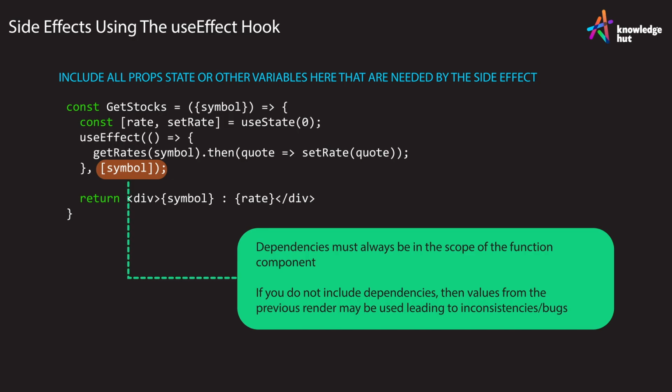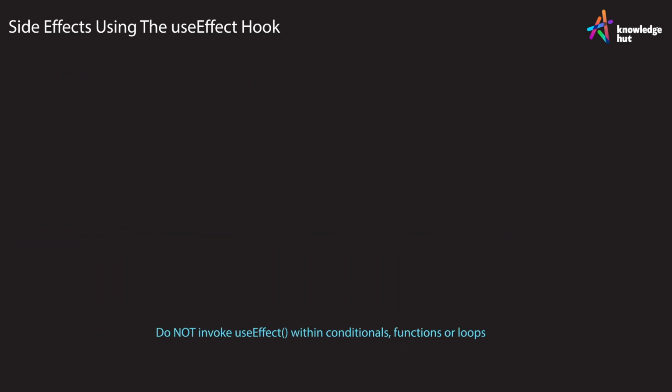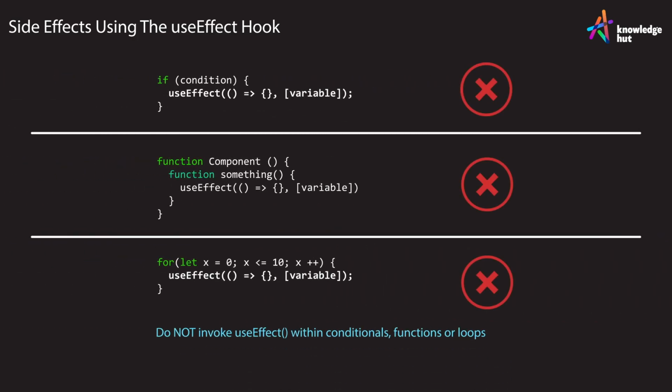If you don't include all the values that are needed, React will simply use values from previous renders and it might lead to bugs and unpredictable issues. Another thing to note here is that useEffect, like all hook functions, should never be invoked inside a loop, function, or conditional because it is not predictable, and one of the requirements of hooks is that they should be predictable